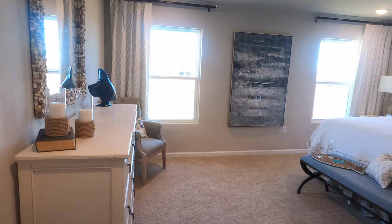All right, come on this way. This home features a 2-car garage, 4 beds,